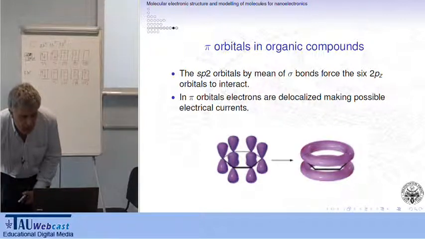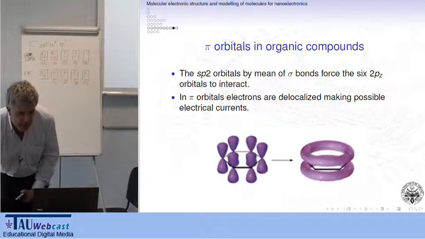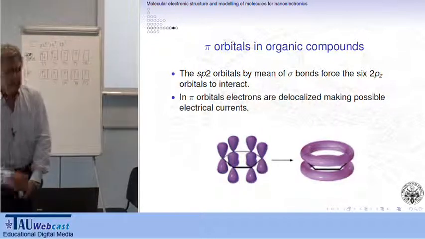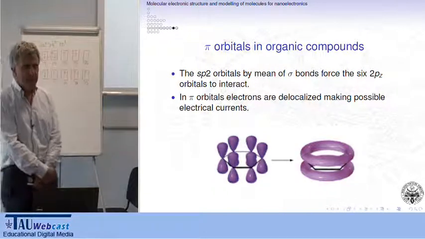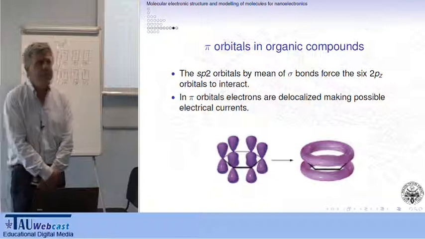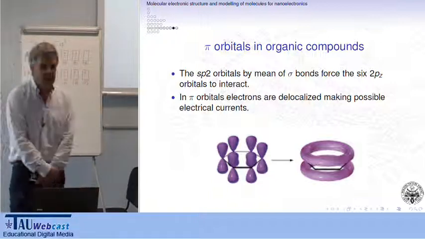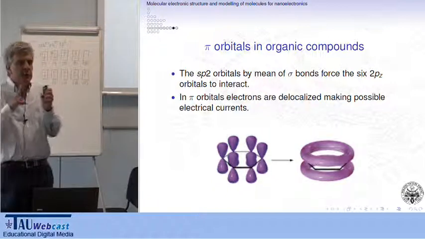So all carbons can form bonds with other carbons by sharing, like in the hydrogen molecule, the two sp2 orbitals. The six pz orbitals are unchanged and point in this direction. This condition is well known in organic chemistry, because these pz orbitals are forced to interact